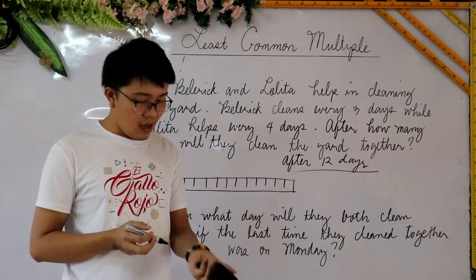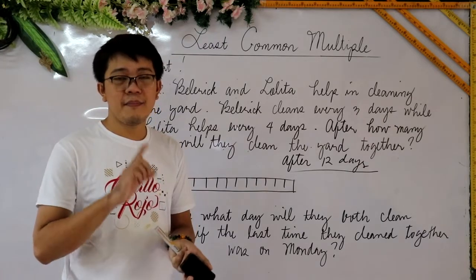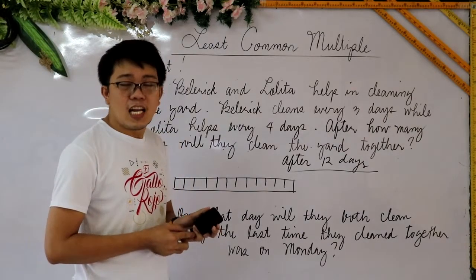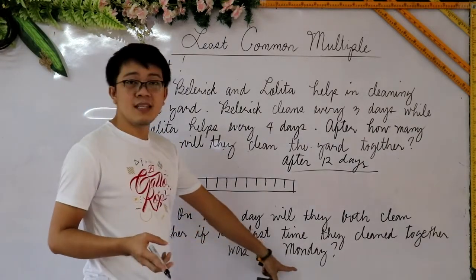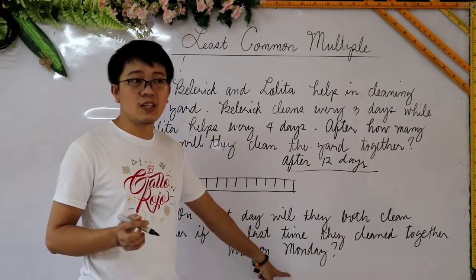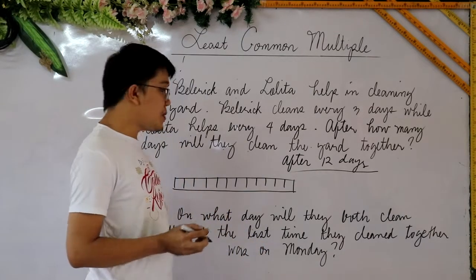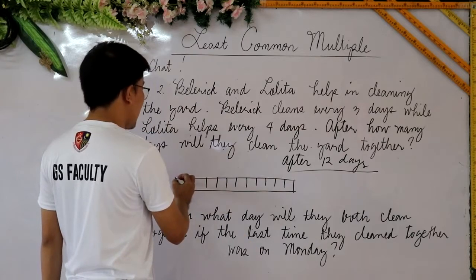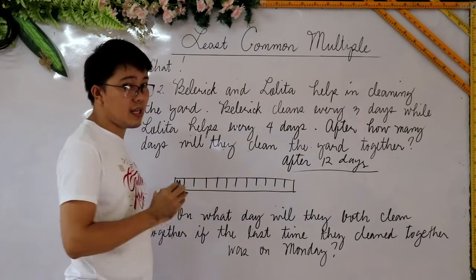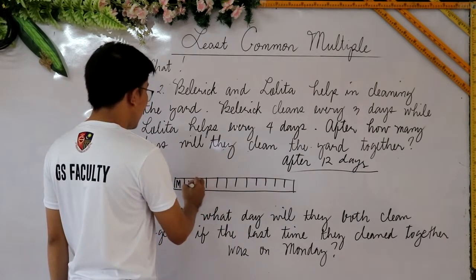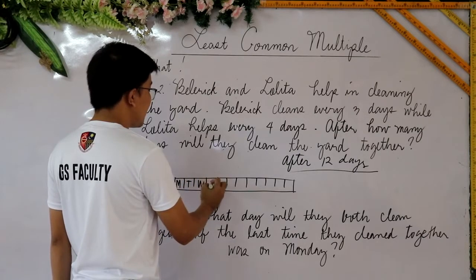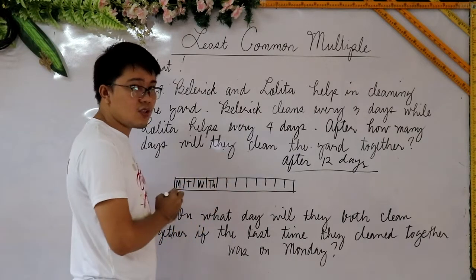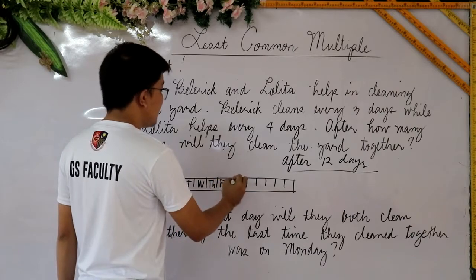Remember how many days are there in 1 week? Perfect, there are 7 days. Now let's begin. Since the first day they started to clean together was on Monday, I'm going to label this first block here as M, for Monday, followed by Tuesday, and then Wednesday, Thursday or TH, Friday,